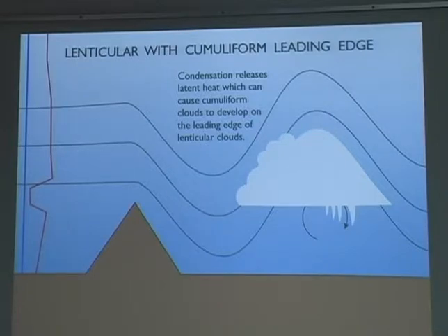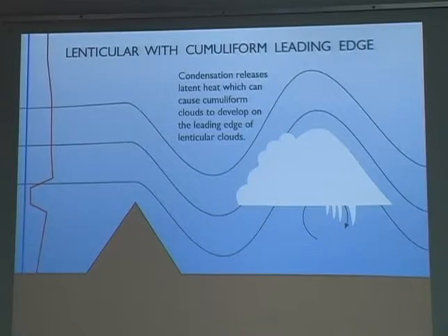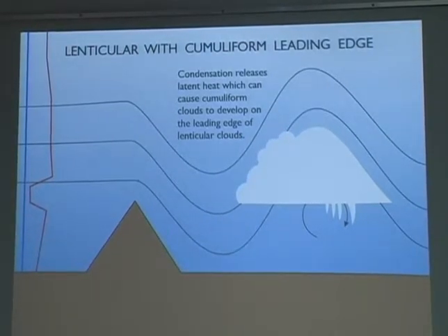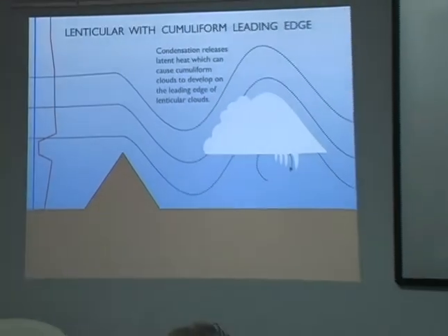Okay, so if you have some moisture down low, like this, you'll often get some cumuliform clouds at the leading edge of the lenticular. Now this only happens down low because as you get higher and higher, the temperature cools off, the air can't hold enough moisture to really